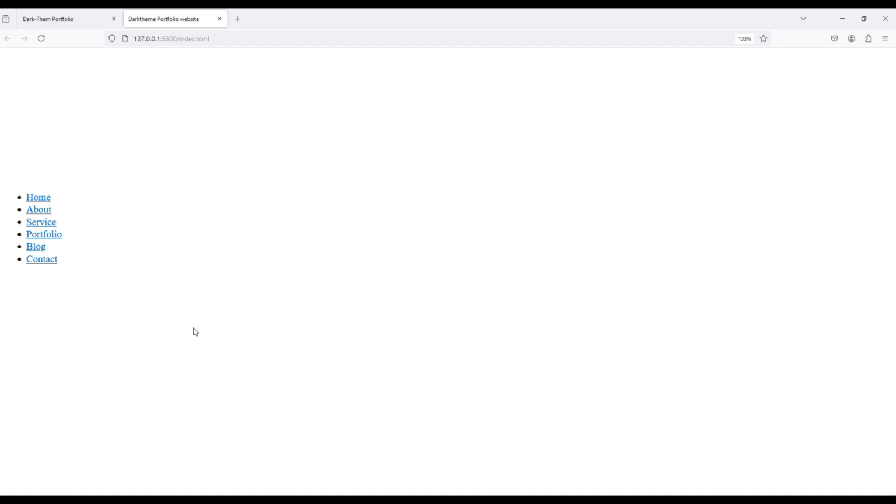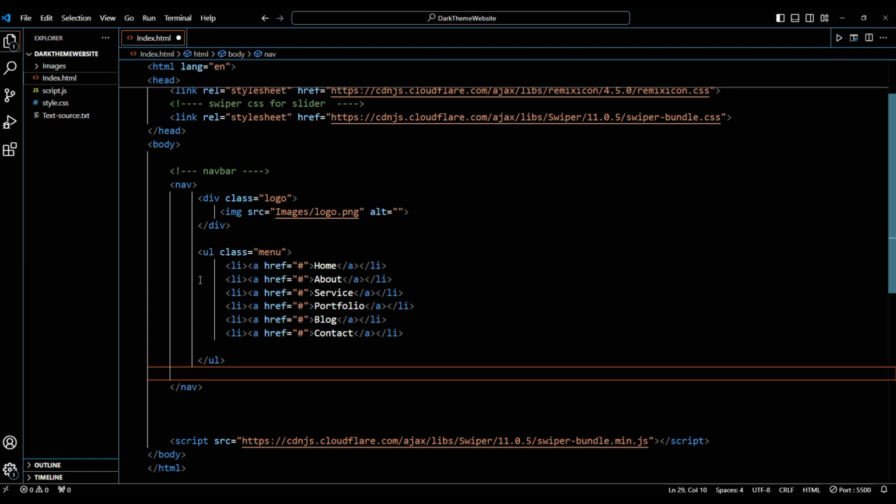So here you can see the output. This is the menu, and because our logo is in white mode, you can see here this is the logo. When we change the background color to black, you can easily see our logo. So our menu section has been completed, and one more thing we need to do